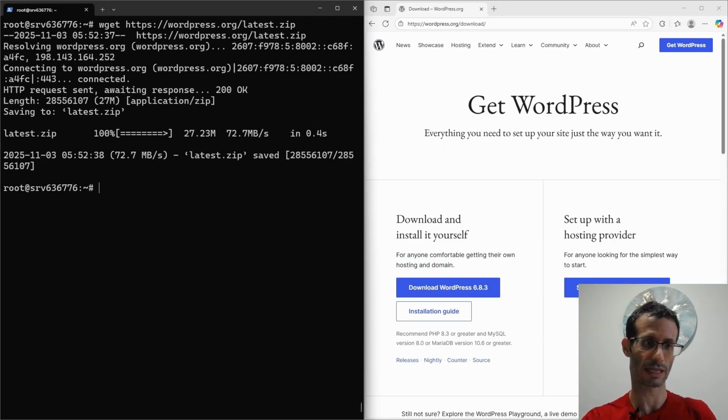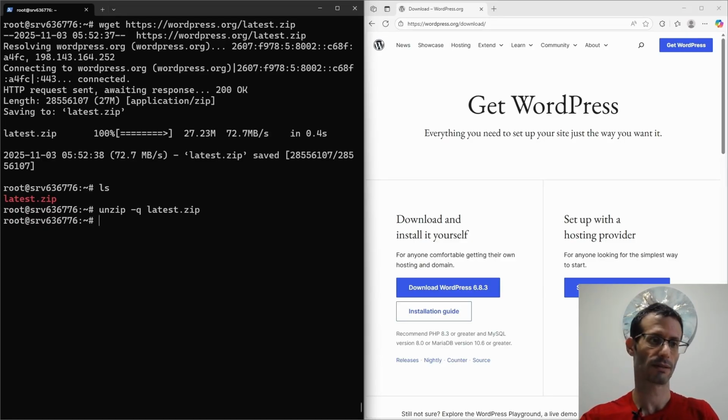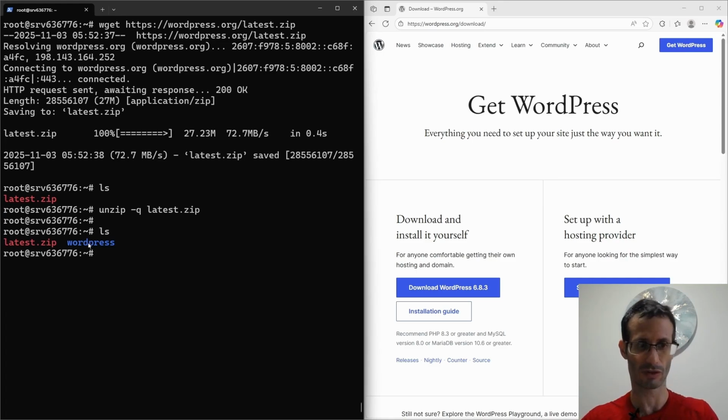And if we run ls now, here we can see this file, latest.zip. And now I'm going to use unzip. So unzip -q for quiet and then the name of the file, which is latest. Let's run this command. And if we run ls now, we can see that we now have a folder called